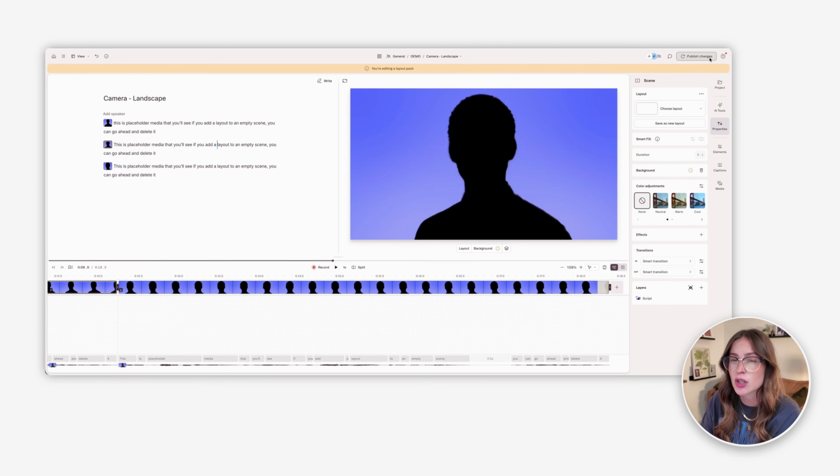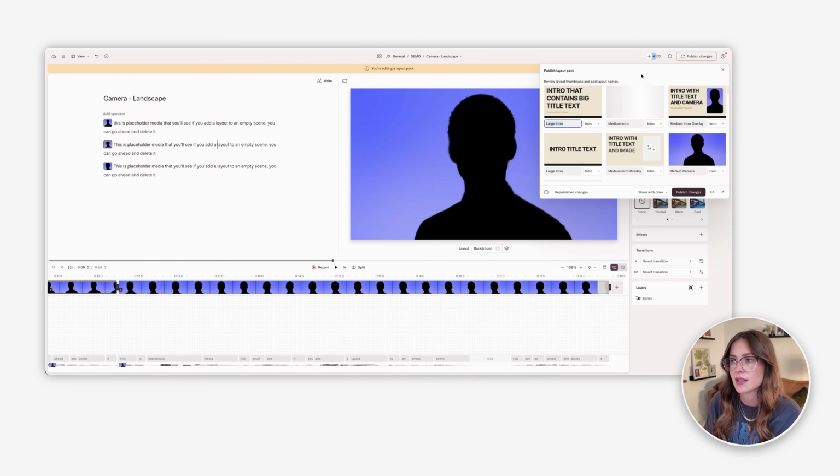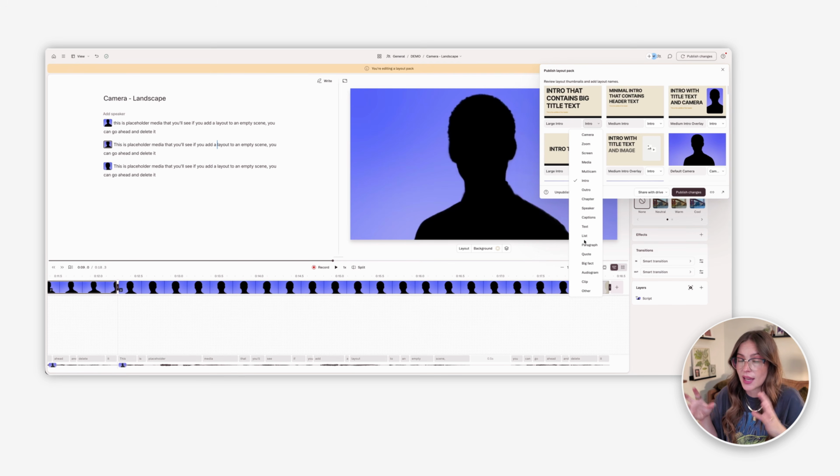So that's how you actually start with a Descript layout pack. Then you simply come over here, click publish changes. And this is the important part because when you go to use them, sometimes the thumbnails are hard to see or you're not sure exactly which layout pack you want to use. You can rename these. Some of these are pretty self-explanatory, but you would name the layout and then pick a category because this is going to give you a categorization when you go to use the layout packs of, okay,